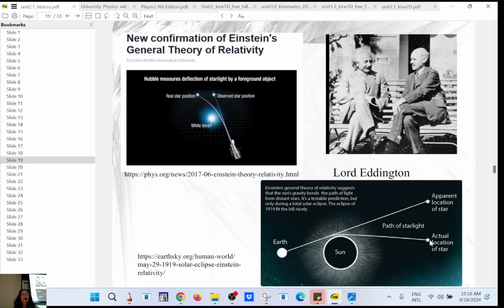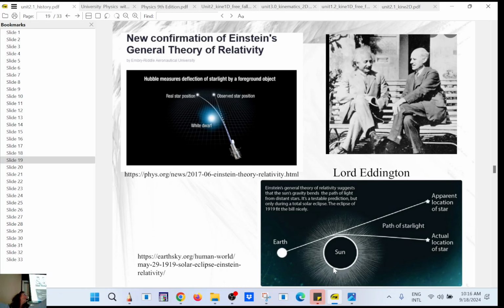So because the sun is curving the fabric of space-time, what happened is that the light coming from the star here is going to be curved here, right? It's curving because of the presence of the sun. So it's very much like the video I showed you. So here you have a big mass. So you have a curve, right?